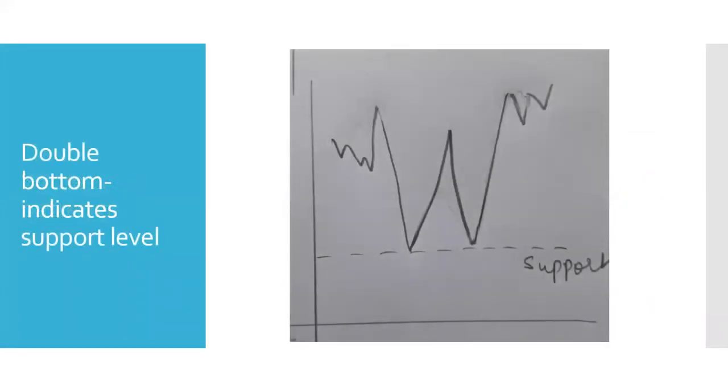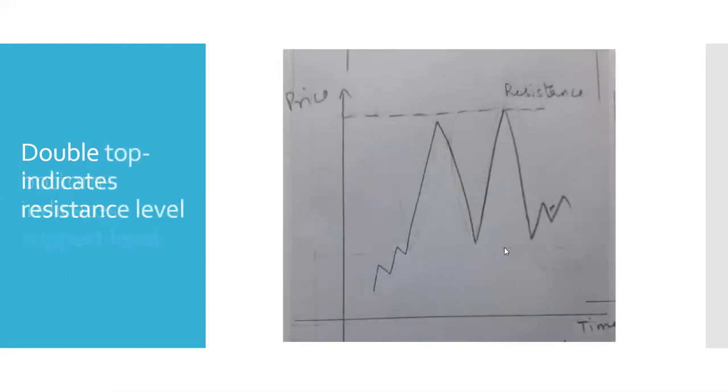Using the charts, you can see some chart patterns. And these chart patterns help us to know the future price behavior, or you can find support or resistance levels using these chart patterns. This is known as double bottom chart or W shape chart. W shape indicates support level, right? So if the line chart is forming a W shape, this is indicating a support level. The reverse is M shape. M shape or double top chart indicates a resistance level in the market.